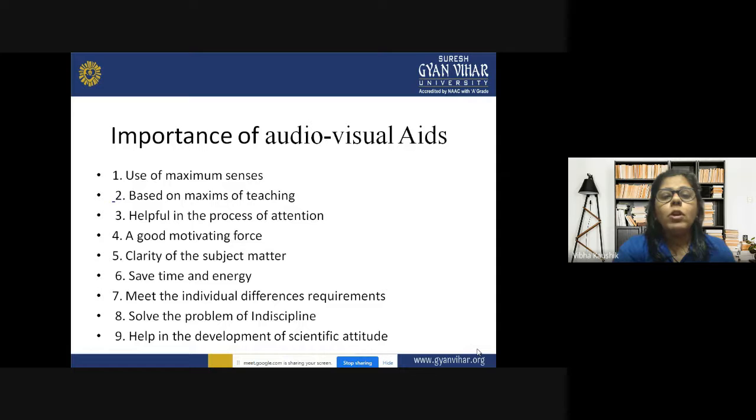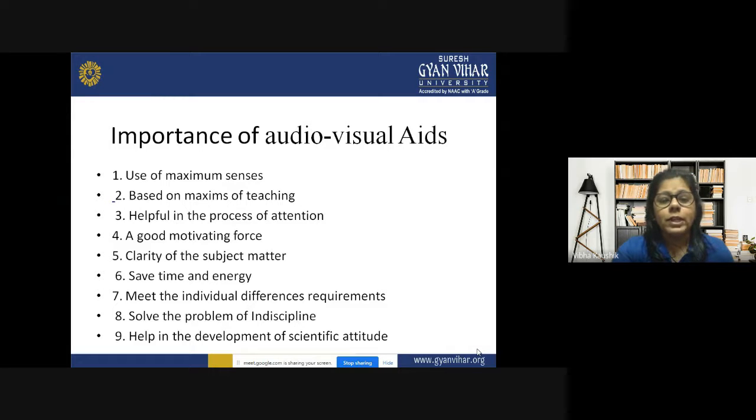Now, importance of audiovisual aids. Use of maximum senses: multiple sensory organs will be satisfied with the use of audiovisual aids, and that will definitely improve the learning process of the learner. It will make the learning concrete, based on the maxims of teaching, from simple to complex, from concrete to abstract. Help in the process of attention: it is easy to gain the attention of the students when the teacher is teaching with the help